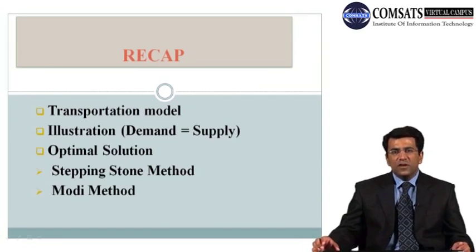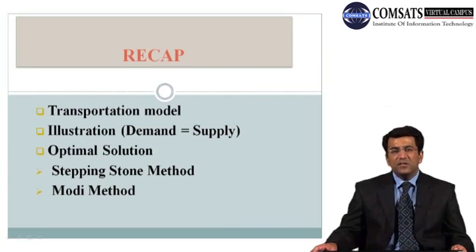After finding the value of theta, we can incorporate it in that particular loop, and we'll have to reformulate the transportation table, and find the improvement indices after finding the new cost. Again you'll have to check whether this cost is minimum or not, and compute the improvement indices again. This process will go on until all the improvement indices for all of your unoccupied cells are positive. So this is the method we used for the stepping stone method.